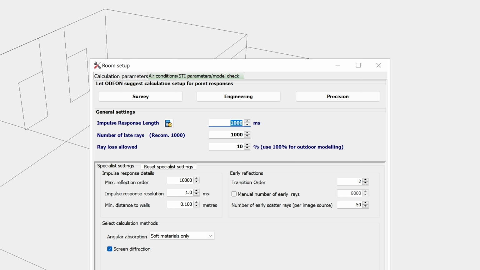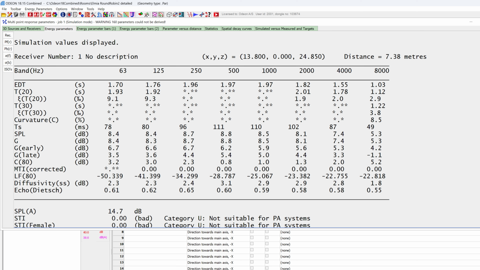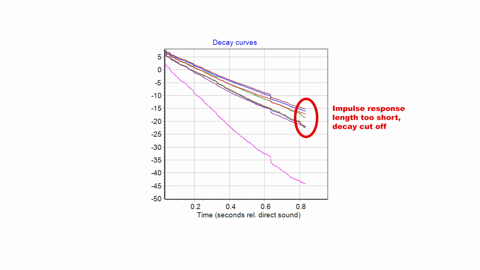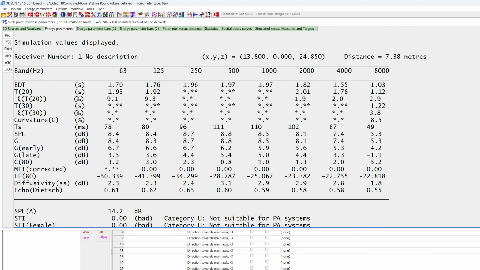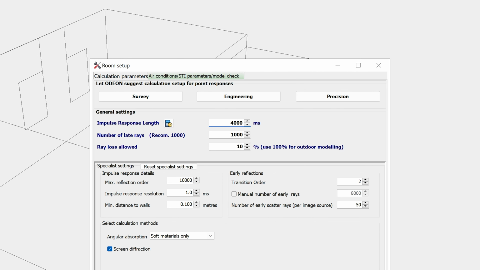Since this room has a lot of hard surfaces, we can expect a long reverberation time, so I will set it to 4 seconds. Be aware that if it's set too low, some results will not be shown. This is because the impulse response will not be long enough to fit the full reverberation tail. So, if later you are missing some results, you will need to come back, increase the impulse response length, and